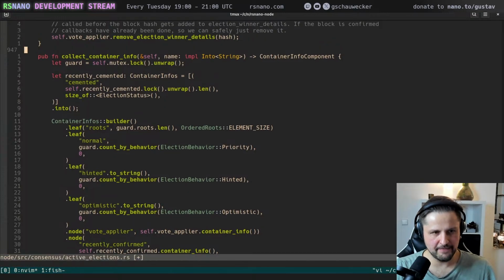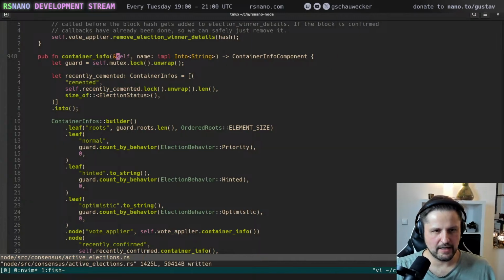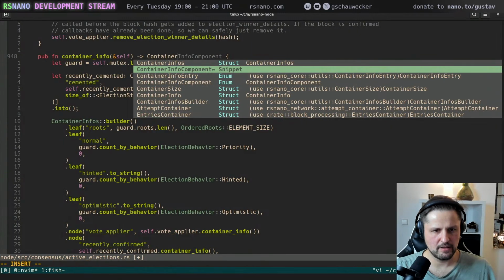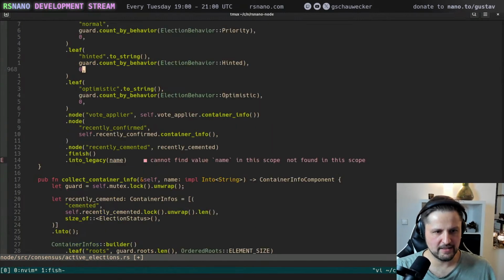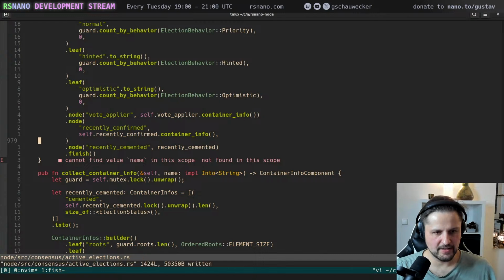I'm making a copy. I rename this to container info. I remove the name. And this returns a container infos. And I have removed the into legacy down there. So now I have a copy.